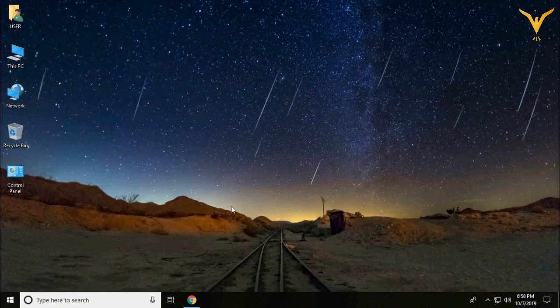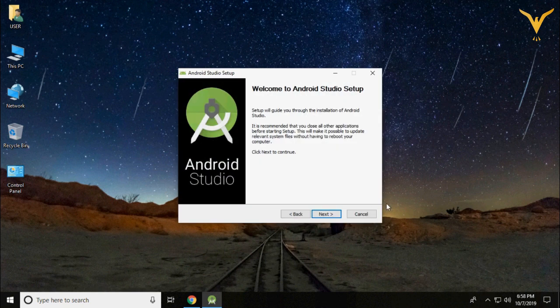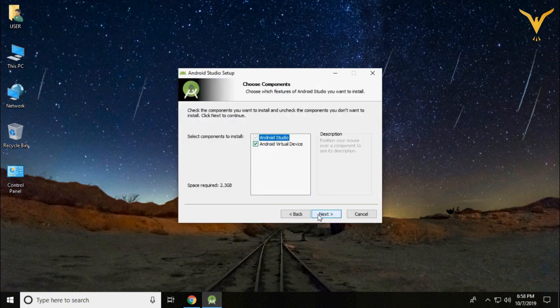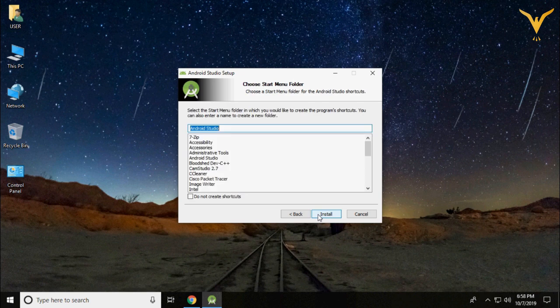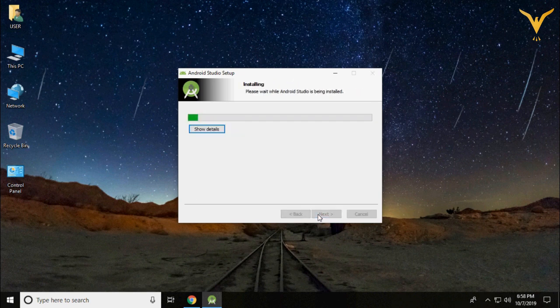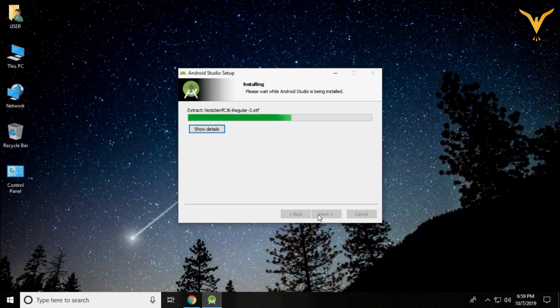We need to wait because system is a little bit slow. Yes, click on next, next, next, next. You can install this in different locations other than your main operating system drive, but my advice will be to keep this tool in Windows location only. It will take some time to install this.